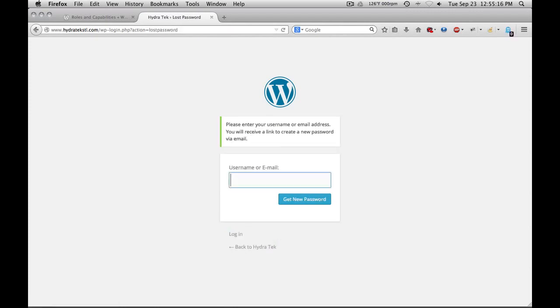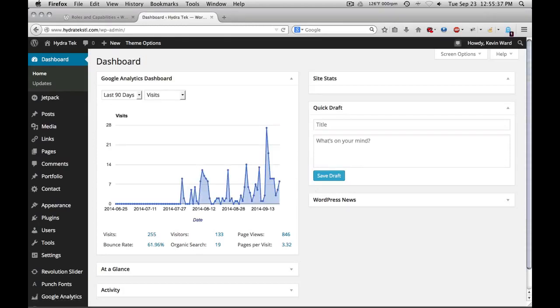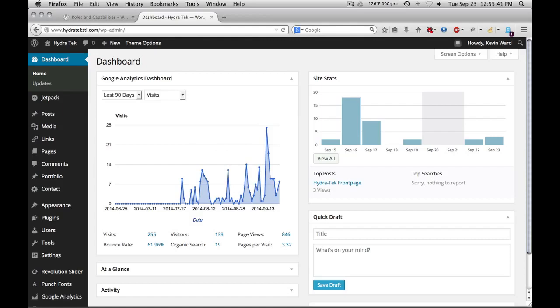You can click it if you do not remember your password and enter your email address. Click Get New Password to receive an email with a link in it that will allow you to create a new password. Once you've entered your username and password, click the Login button. And this will take you into your WordPress dashboard where you will see various widgets, many of